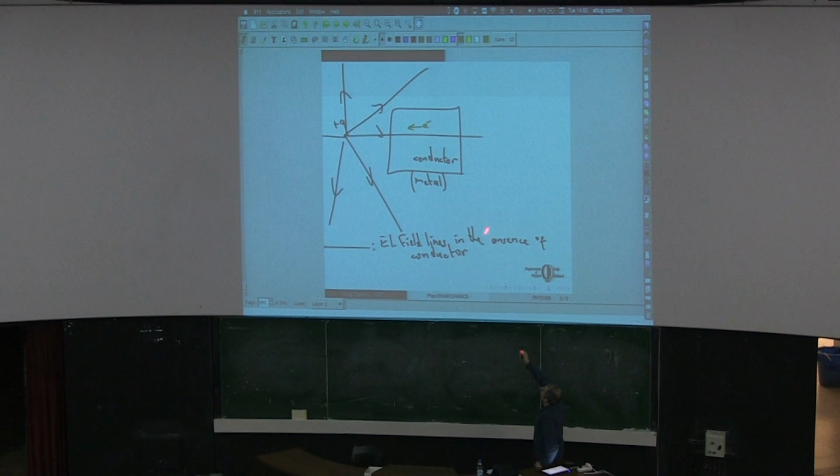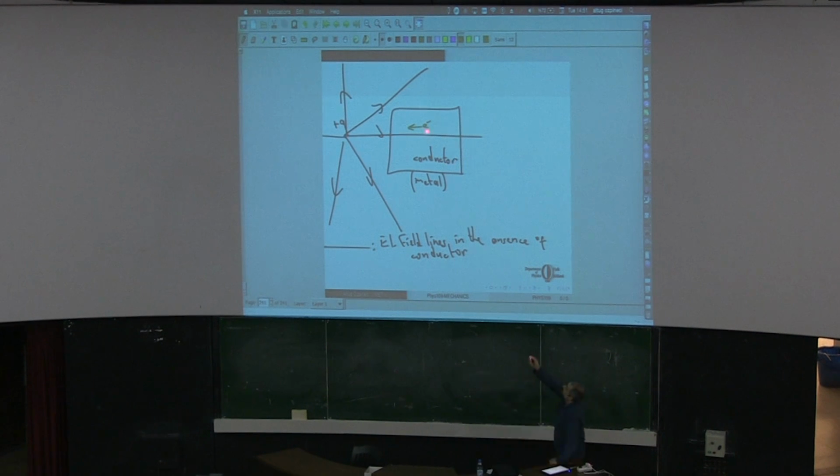So I will have fewer electrons in this region, more electrons in this region. It will create some additional electric field, which will cancel the electric field inside the conductor. The total electric field will be 0. At any point inside the conductor, I will have an electric field due to this external point charge, plus another electric field due to the separated charges inside my conductor. The sum of these two electric fields will be 0 when I reach electrostatic equilibrium.